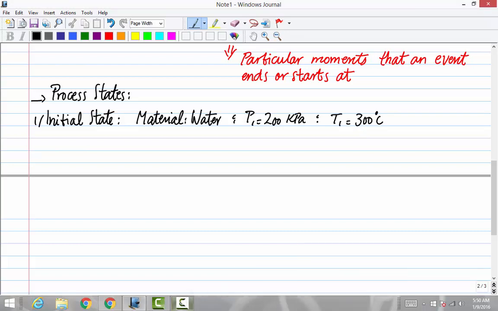So, okay, great. This is what it's telling. It's contained in a piston device fitted in the stops. The water is allowed to cool. Okay, so now the question passed the first initial state. So this is all I know. Then the second one,